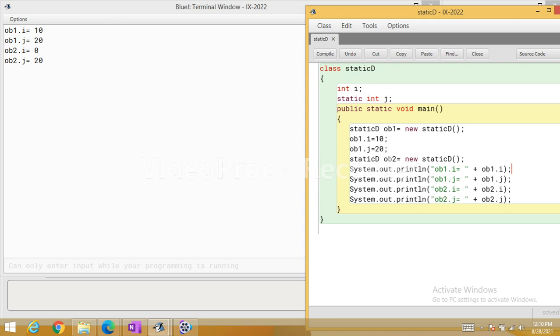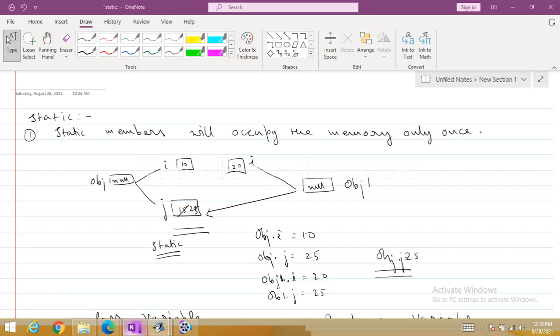But all the objects will be having the same memory allocation. Why the same memory? Because the same memory can be allocated only if the variable is declared as static, right? Yes, sir. I will show you the diagrammatical representation, just to show you how it works. Give me a minute.